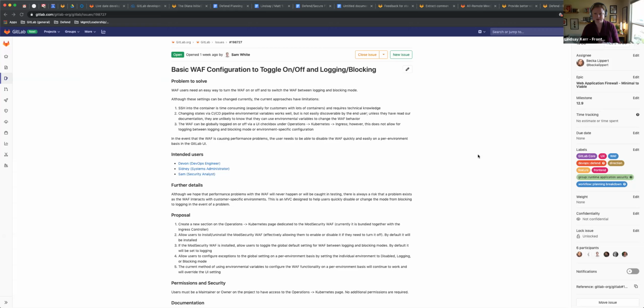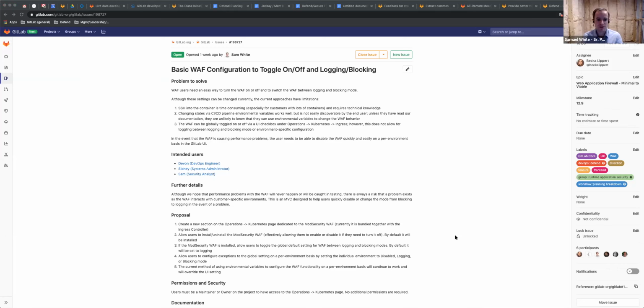Sam, since this is the first time we've done this, how I would like to run this, and this is obviously flexible, is if you can give us a high level description of the issue so we don't have to read through everything, and then we can jump into questions and suggestions of ways that we can make this smaller, because it already feels like a big story or issue.